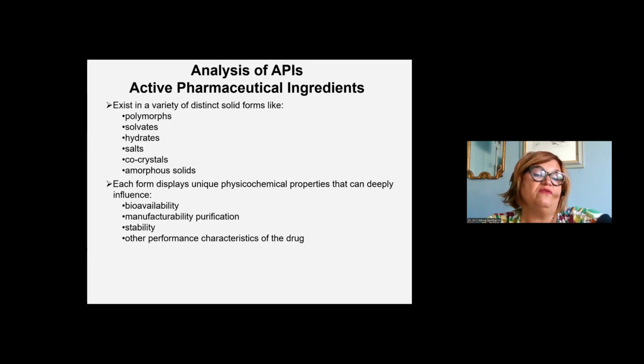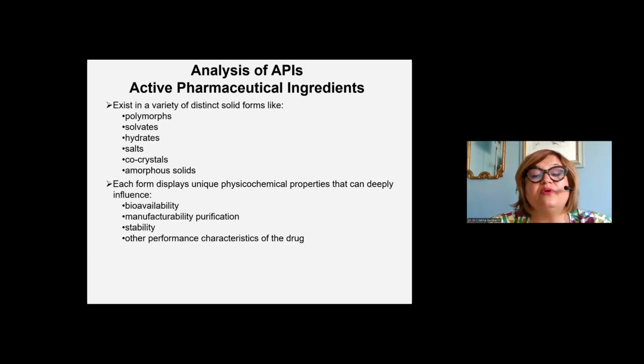For example, for the amorphous, the Raman technique can be used, and you know that X-ray is not the best technique to use for amorphous. So you have to decide also which technique to use, and which is not better used in that case. But returning to the analysis of APIs,